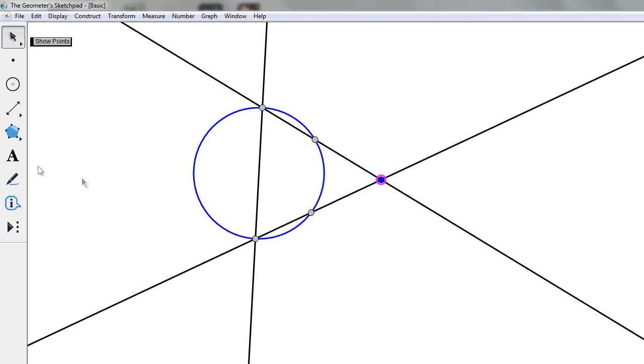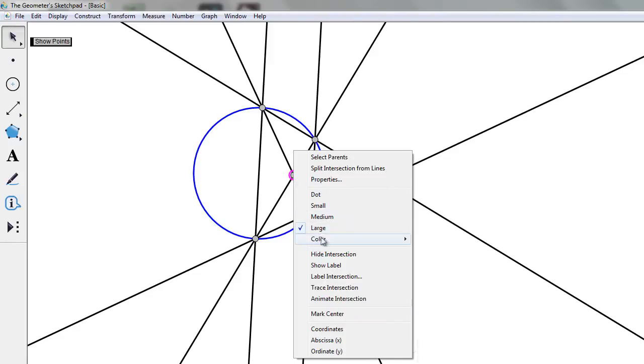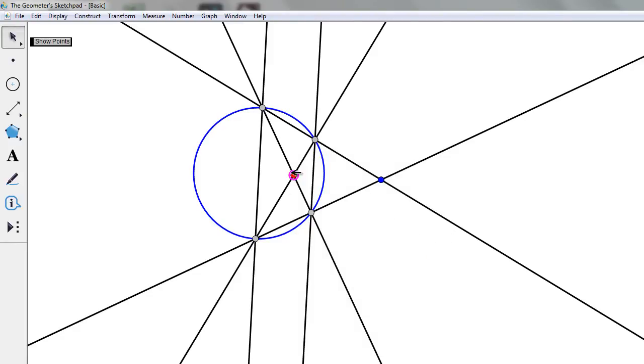So how am I going to find the dual? I'm going to create a few more lines. I'm going to join these 2, and I'm going to join these 2, and I'm going to join these 2. So now these 4 gray points, forming a quadrangle, have been joined by all 6 lines. And there are 3 diagonal points. The one we started with is 1. There's another diagonal point. Let's color it something else, say red. And then there's another diagonal point, which is the meet of these 2 lines.